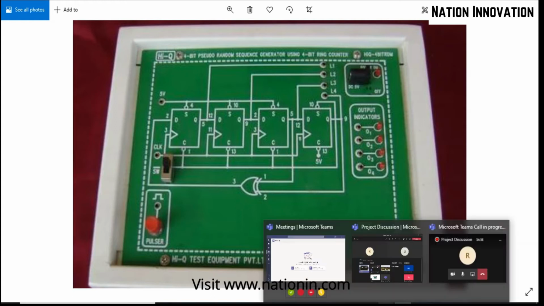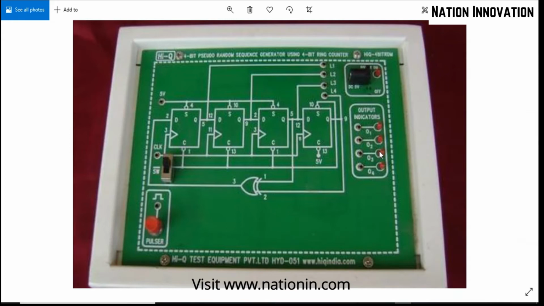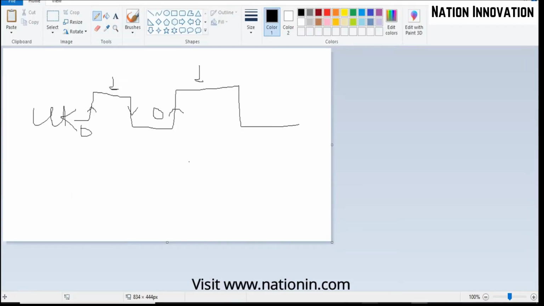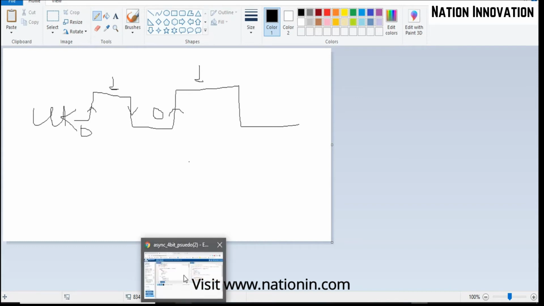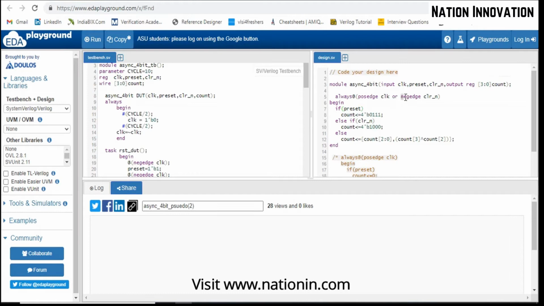Is it clear now? Sir, whenever there is a positive edge on clock, the input will be transferred to the output, and whenever there is a negative edge in clock, there won't be any change. Yes, for this circuit, because it is positive edge triggered. But they also said negedge of clear. Basically, I want to tell you one thing: here it is not a negative edge.